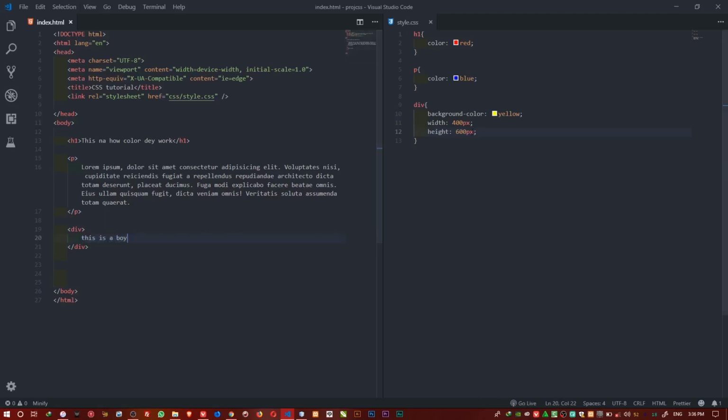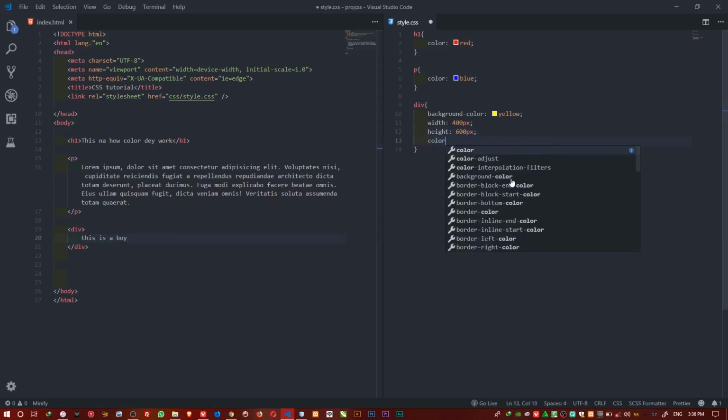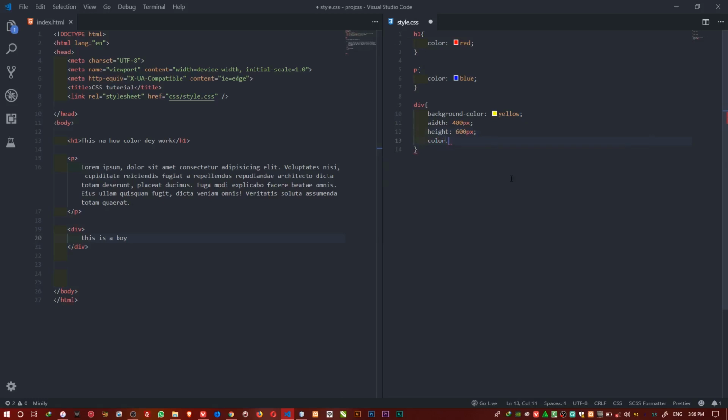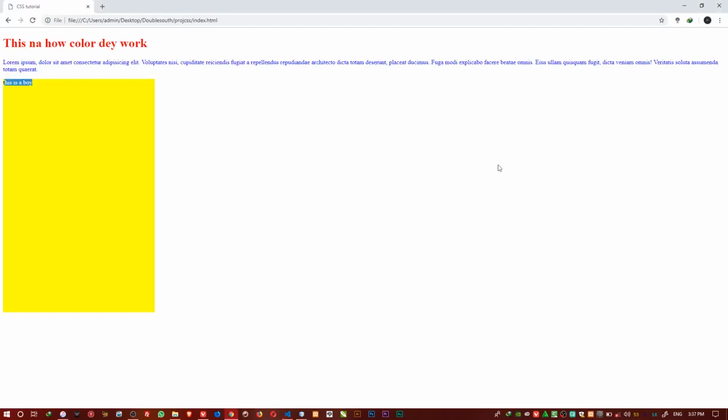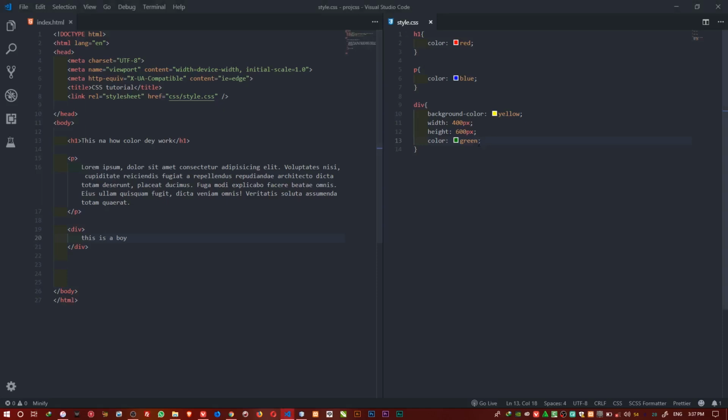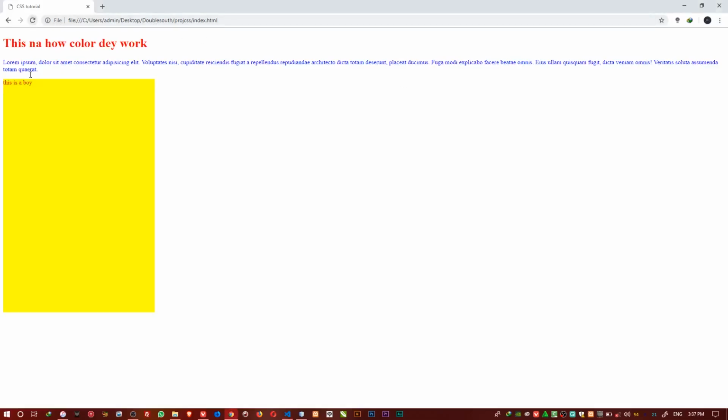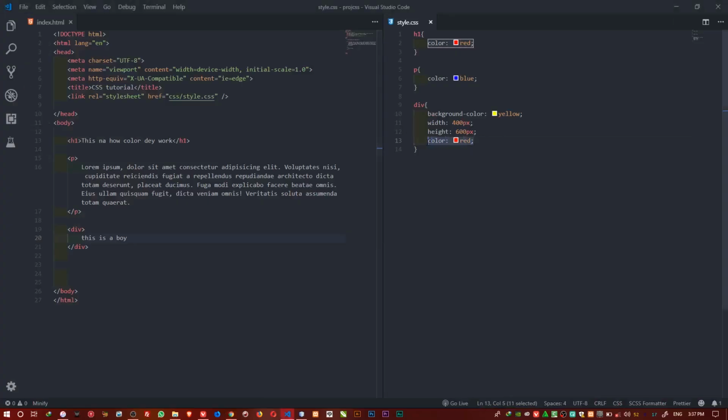So I think inside this div now, I want to make the color for inside the div be maybe red, maybe green. I say make the color be green. If I refresh now, I should see it here. The color is not green, so let me change the color again. Not green, use red. But red looks sharp for us now. So if I refresh now, you see it does show red now. So simple, just this property color now.